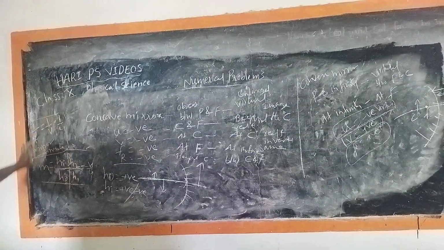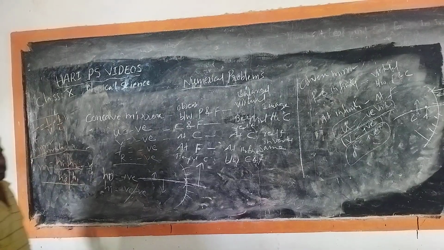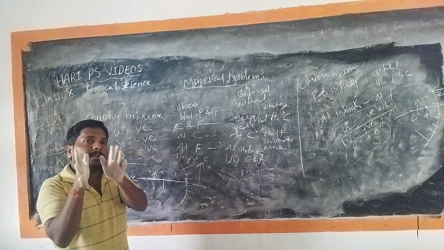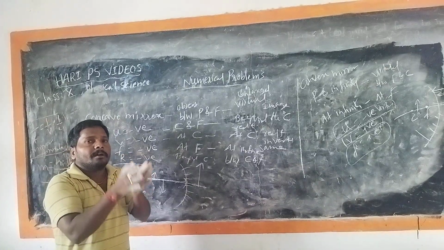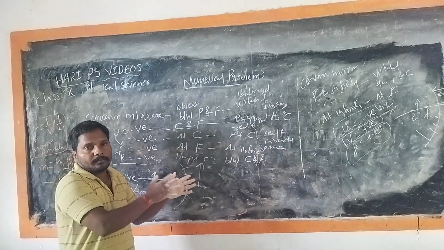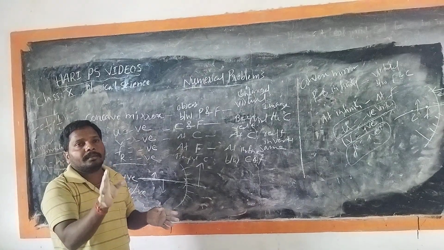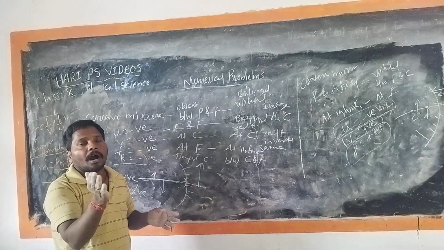And these are the formulas. Sign convention rules: all the distances are measured from the pole. If anything is opposite to